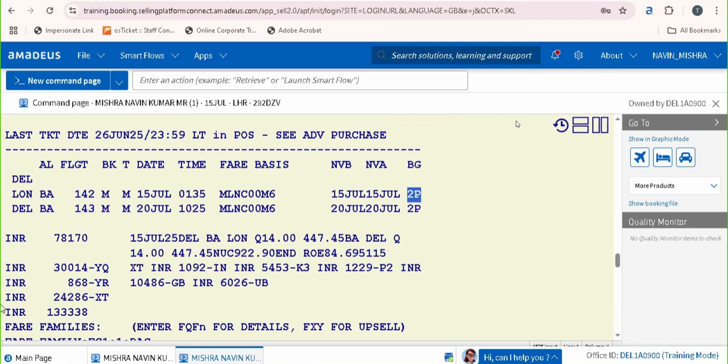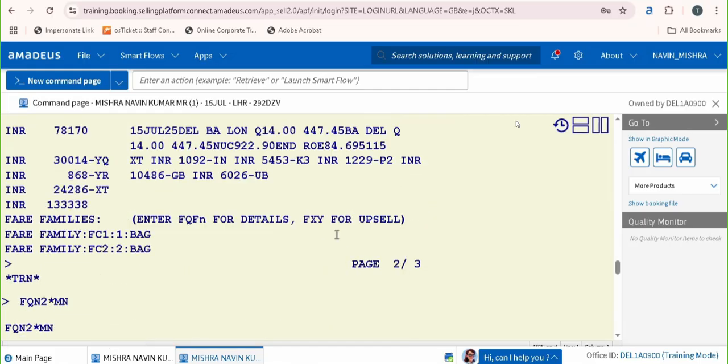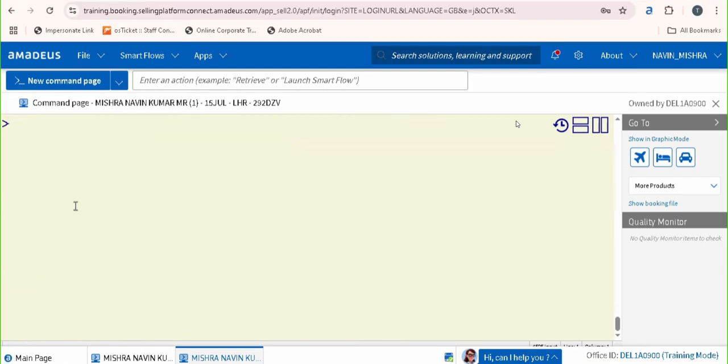How do I find out, if one piece, two pieces, or three pieces of baggage are allowed, how many kg are allowed for that one piece? For your confirmation, you can run one command and then you will get the information. Now, what is that command? That command is FXY. So if you run this command,